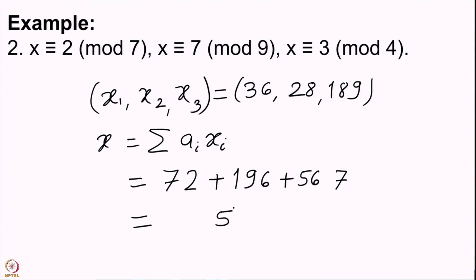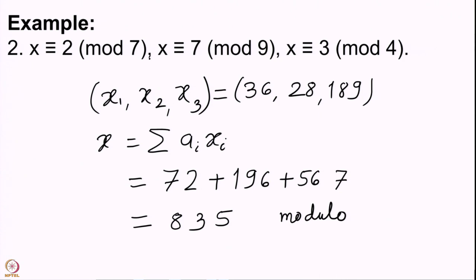So, we write 5 and 1 is left. 6 plus 1 is 7 plus 9 is 16 plus 7 is 23. So, we have 3 and then there are 2. So, 5 plus 2 is 7 and 1 is 8. 835, this is the answer, but we have to go modulo